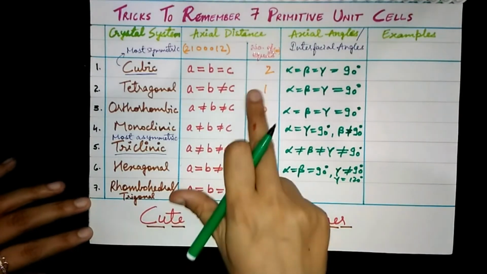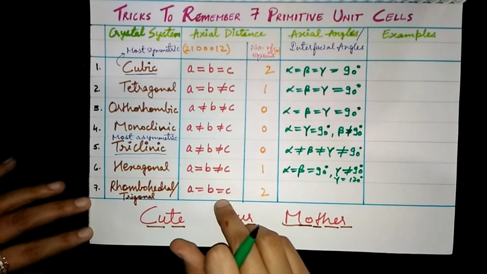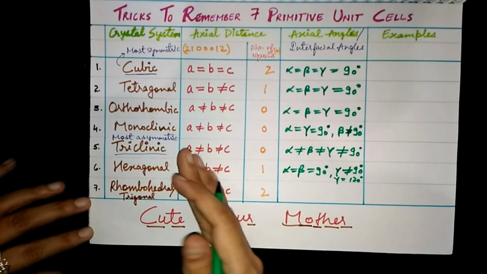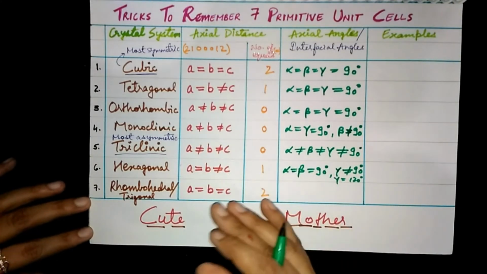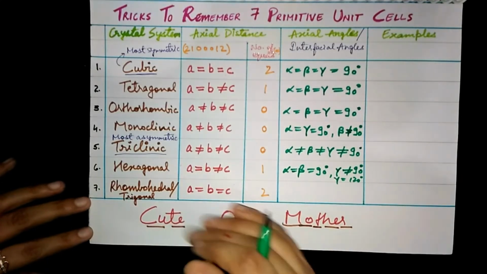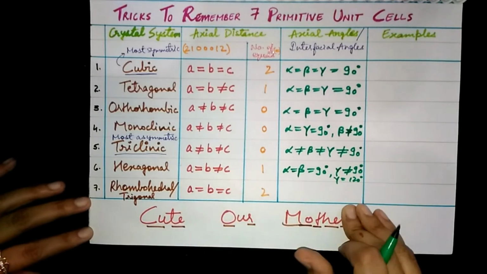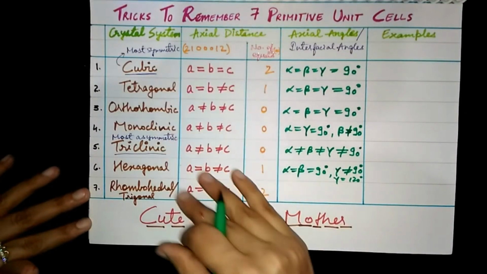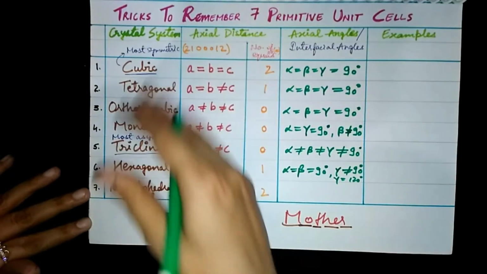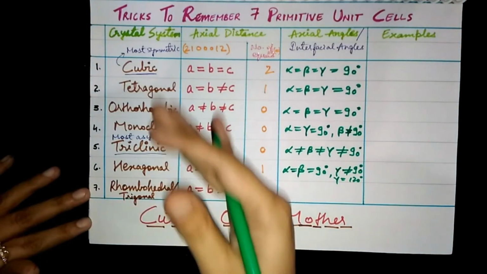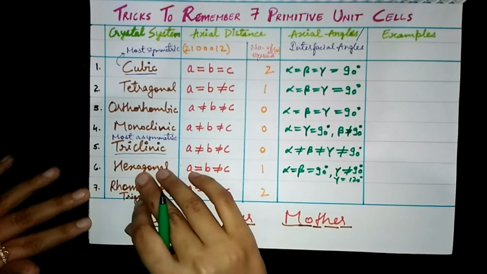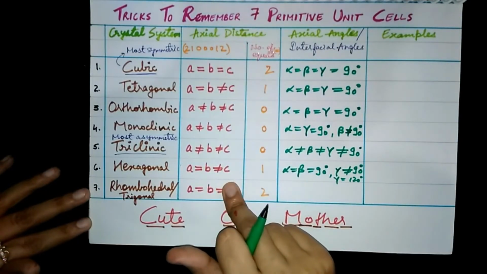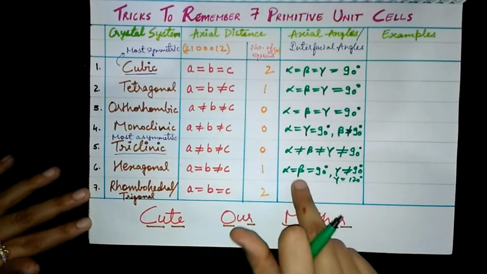In last, rhombohedral we have seen it is similar to cubic. Two equals are present, that means all the axial distances are same. So here you have to remember that if all the axial lengths or axial distances are same, then interfacial angle must be different, because if it is not different, then both will be counted as same. Why would two names be given? Two names are given, cubic and rhombohedral, because here even though the axial distances are same, this axial angle will not be same.